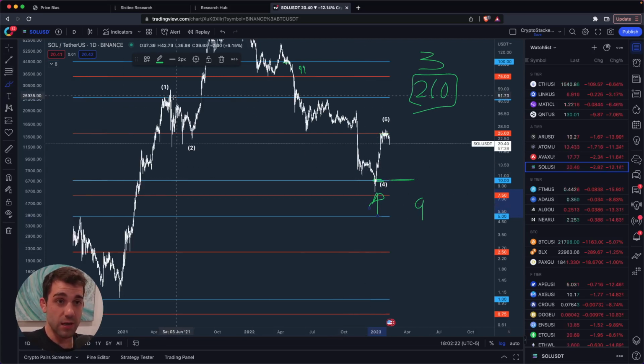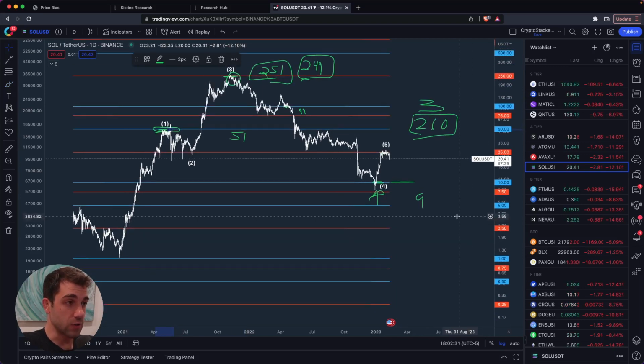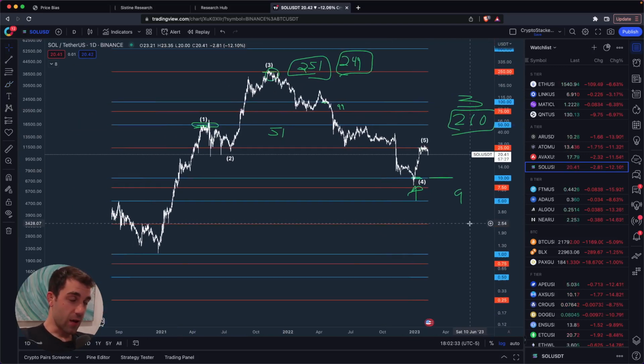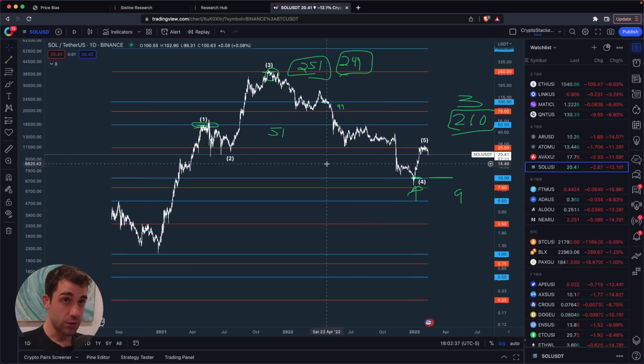And you see this even on the way up, this $50 level was resistance. We tick up to 51, right? That seems expensive. These levels are all over the place. So if you want, go check out that indicator. It's free. You don't have to pay for it. Just search within TradingView Sistine Research price bias levels.